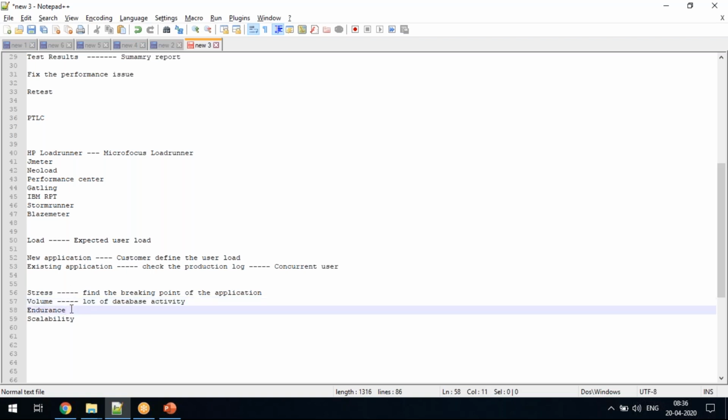Okay, and then endurance testing is nothing but running the test for a longer period of time to find the memory leak.